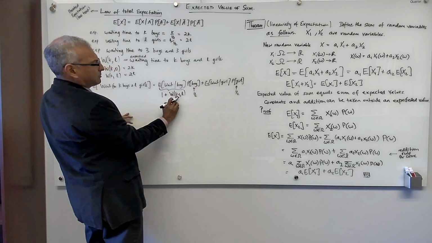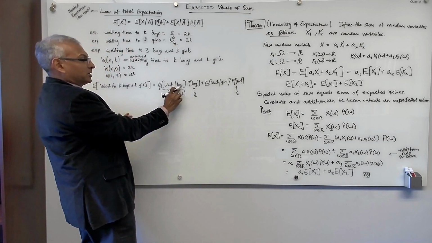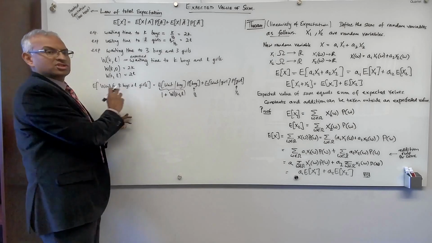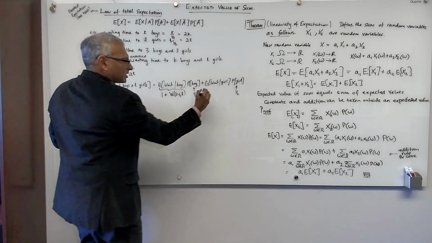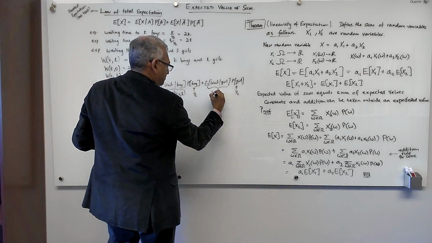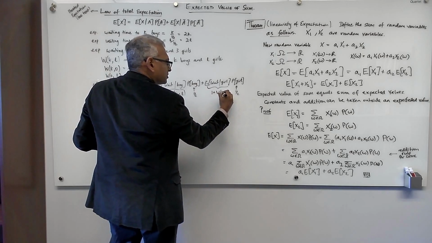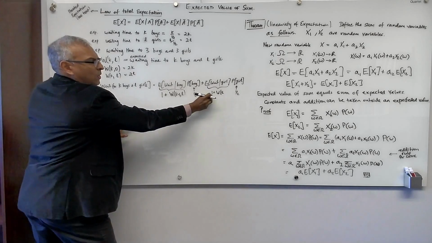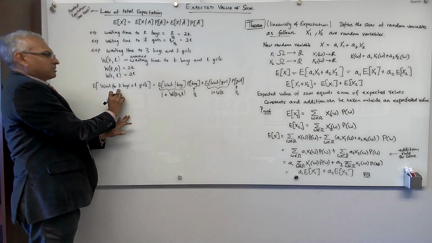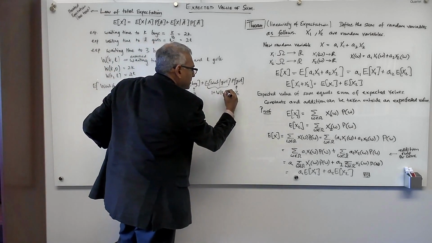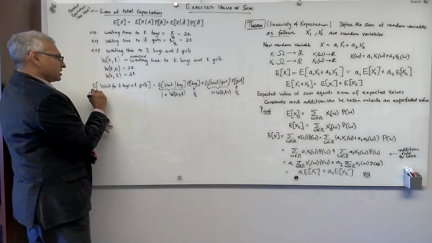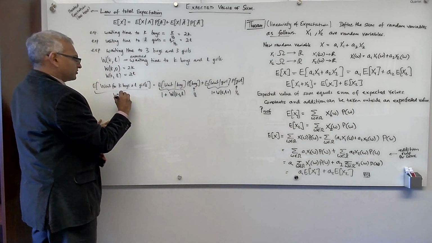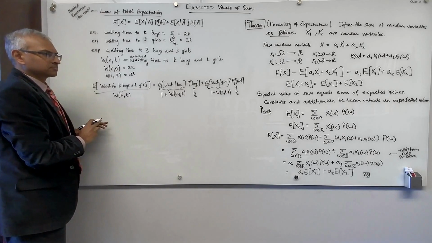The expected waiting time to K minus 1 boys, because you've had a boy, and L girls, because you were originally waiting for L girls. And this guy here is 1 plus the waiting time to the K boys you were originally waiting for, but you had a girl. So that's this 1. Now you're waiting for K boys and L minus 1 girls. And this guy here is exactly W of K and L.